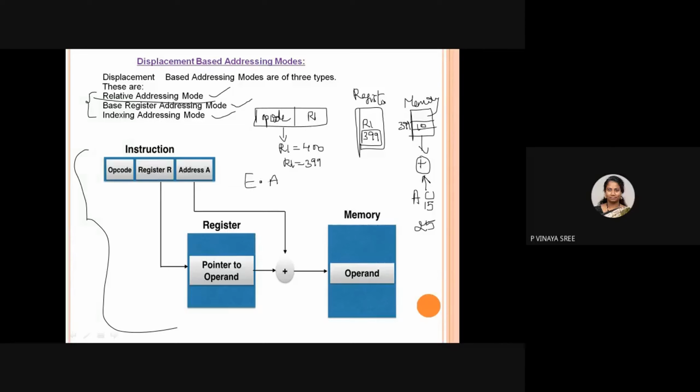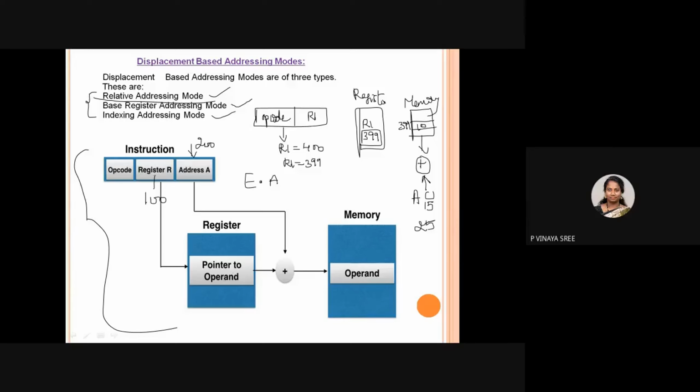We'll be getting an effective address by adding the address field, whatever we have in this address field. Let us consider 200, and inside this register we have 100. Okay, so it's like a pointer to it. See here, if you go to that register, you will be getting an address, not an operand. So it is saying pointer to operand. Means what? This address is 100.